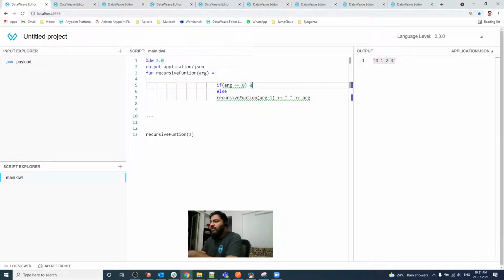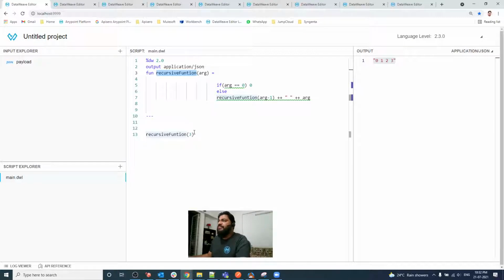We must all know that in a recursive function we have to define the exit condition. If you're not able to define the exit condition then you will receive a stack overflow error, because the recursive function uses a stack, and I am going to explain how it uses the stack. So let's get to it.